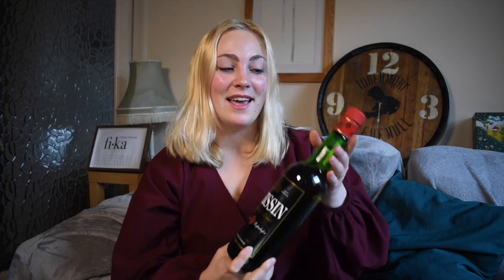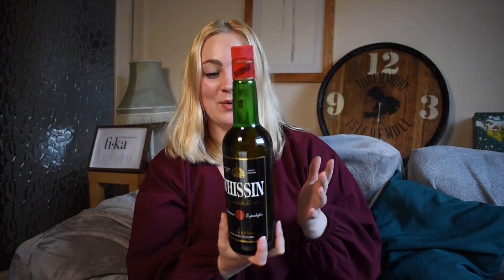Today we are here with a non-alcoholic whiskey called Whissin. I don't know if you can call it whiskey when it's not alcohol in it, but it's an alternative for whiskey that is non-alcoholic. I love exploring non-alcoholic options, mocktails and non-alcoholic spirits. I think it's quite fascinating to see what you can do with the flavour. And so far I haven't really found an alternative for whiskey that I have loved, so maybe this will be